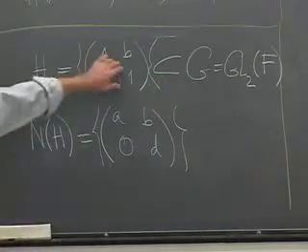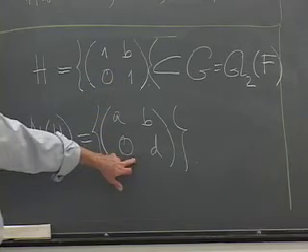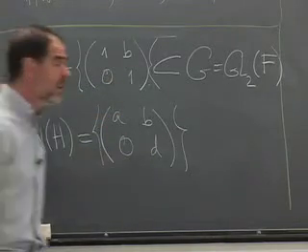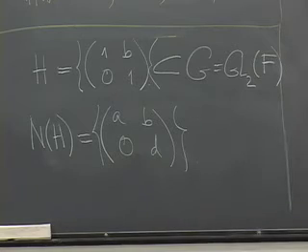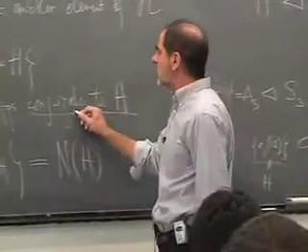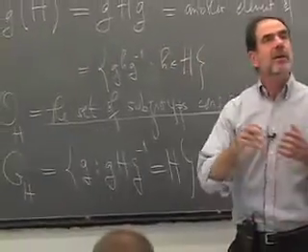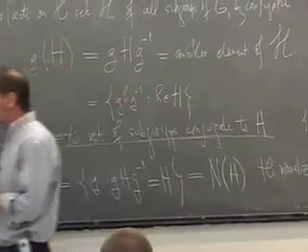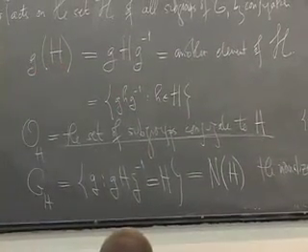So there's a case where the normalizer is larger, but is not all of G. Okay? So this language is important when you state the Sylow theorems, to have a notion of G acting on its set of subgroups by conjugation. We've already seen the set of subgroups conjugate to a given one is important in the notion of group actions on a set. Because if G acts on a set,